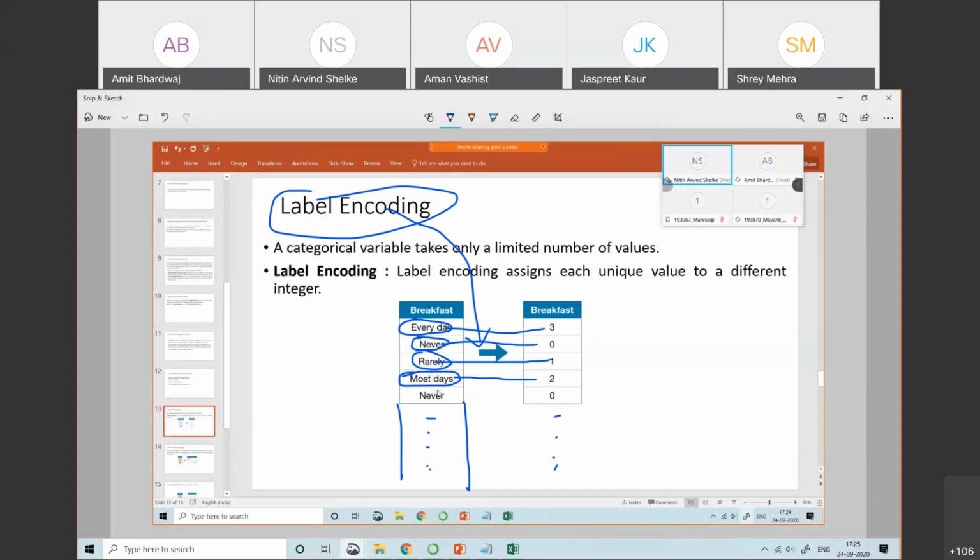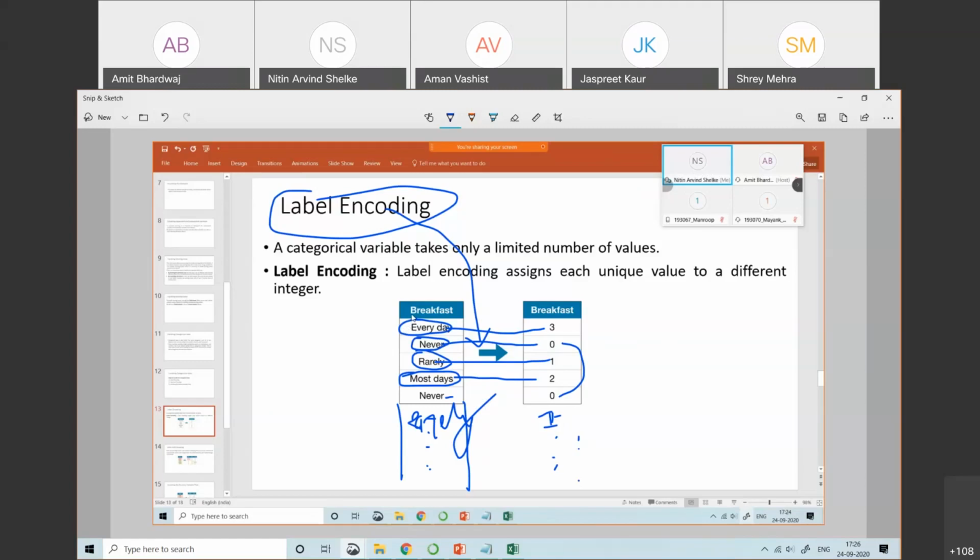Whenever never comes, it gets assigned the 0 value. Similarly, rarely gets assigned the 1 value. Likewise we'll proceed. So this is label encoding: we assign a different label to each different category.